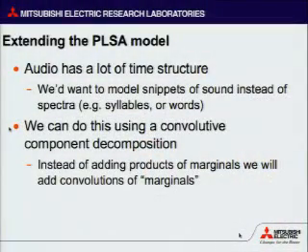Okay, so I've talked about audio a lot right now, and of course one thing we all know is that audio has a lot of time structure. Yes? I'm still not clear. When you say best approximation, in what sense? So we have a distribution which is the spectrogram of the mixture, and we're trying to approximate that using the marginals on the frequency axis that we have learned before offline. So we want to find which are the marginals on the time axis that would best describe that mixture given the knowledge on the frequency domain that we have.